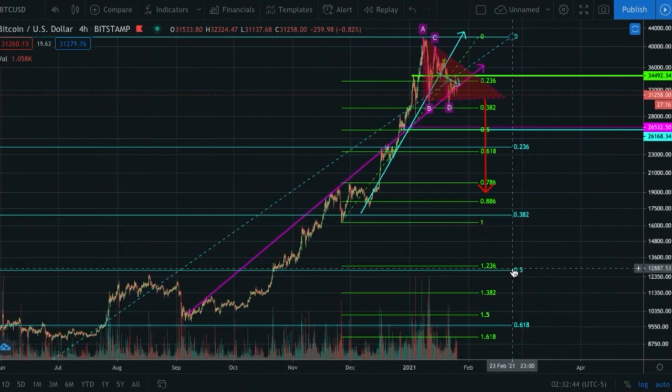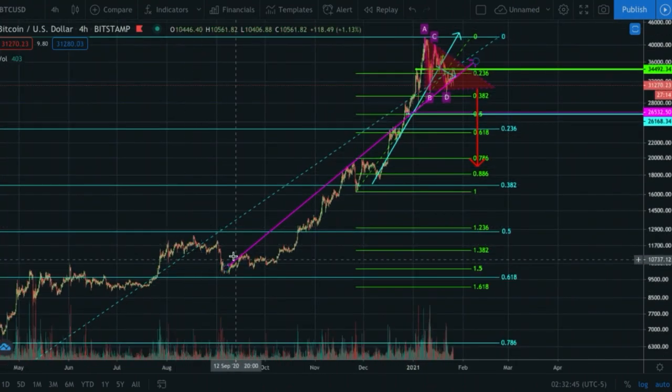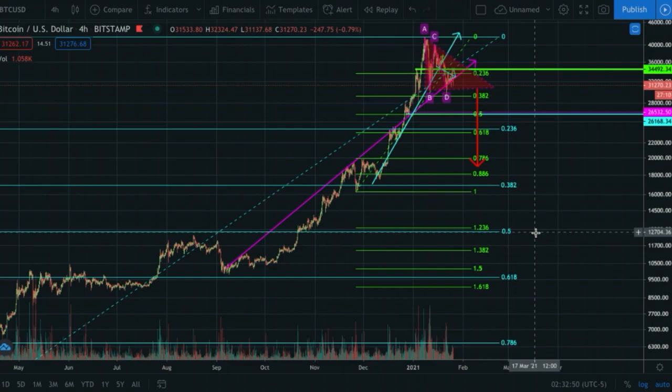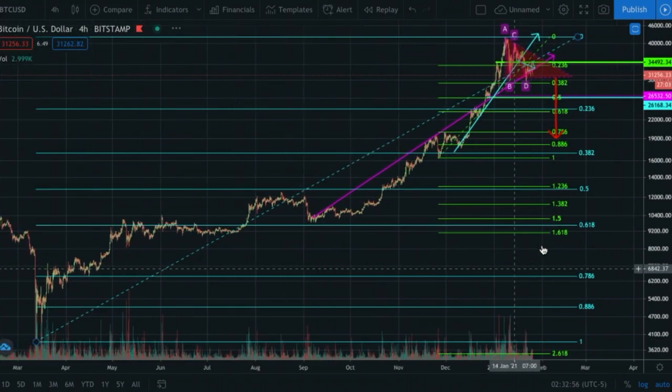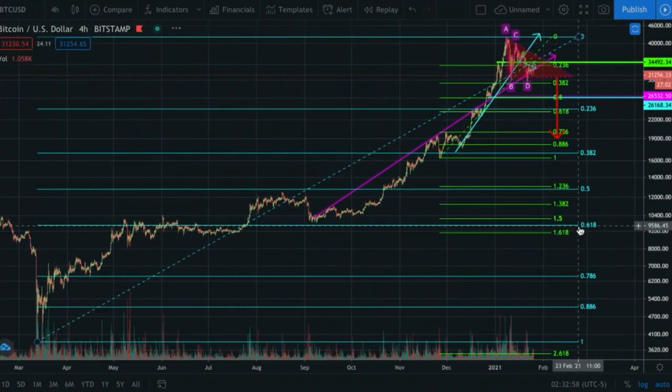We could also come back down to the 0.5, which was basically where we put in that head and shoulders. That's going to put us about in that 13,000 range, 12.7. The largest retracement I could still say bullish on for a continued move to the upside would be like a full market crash, but a 618 retracement of the macro, which would be 9,586.